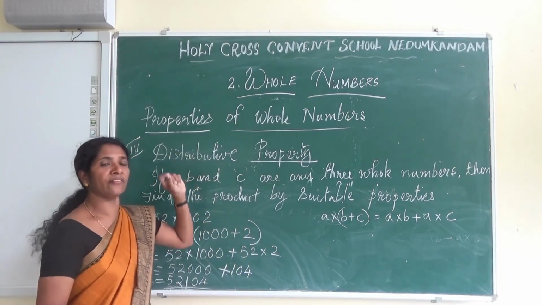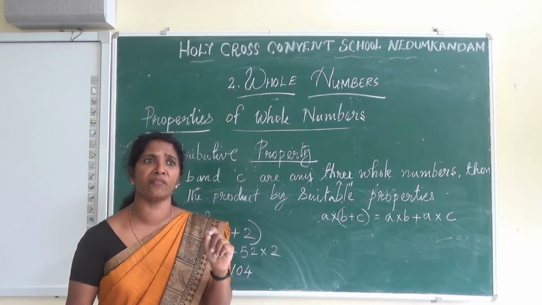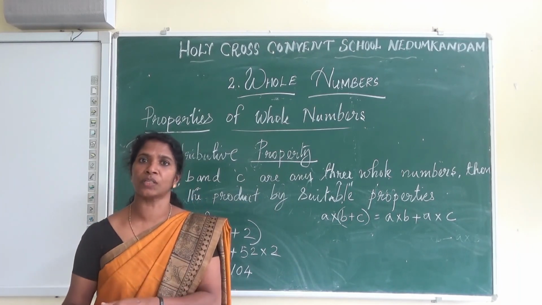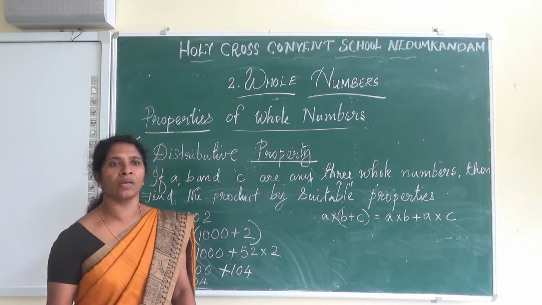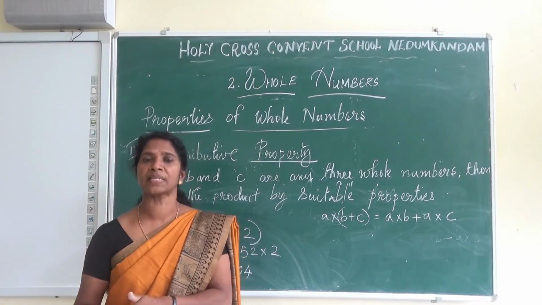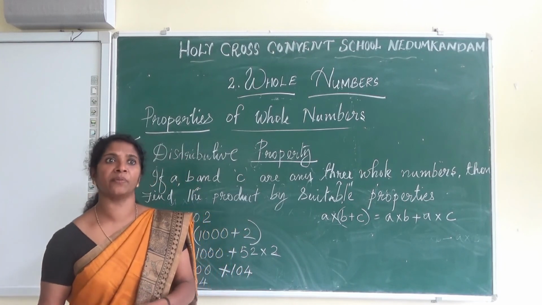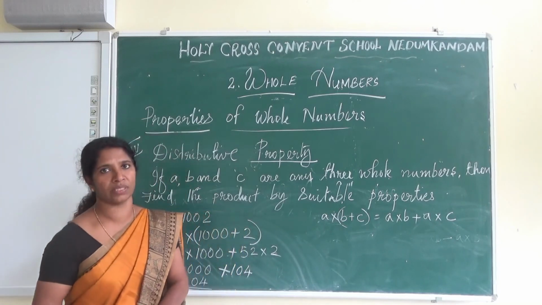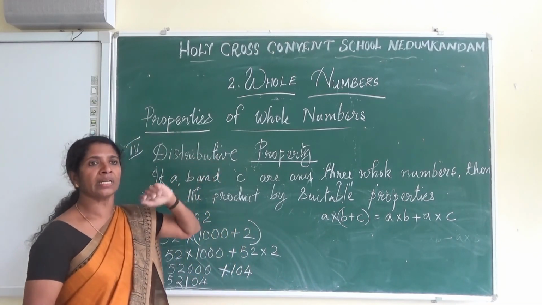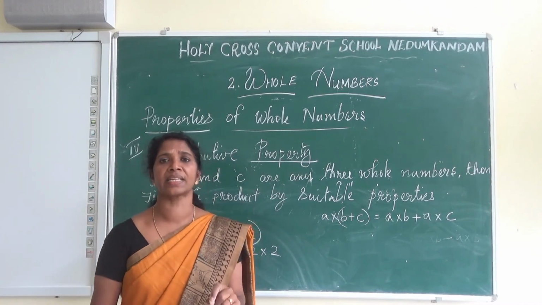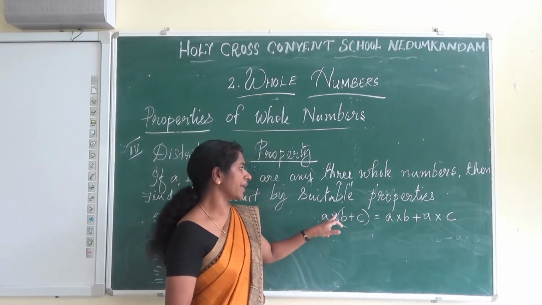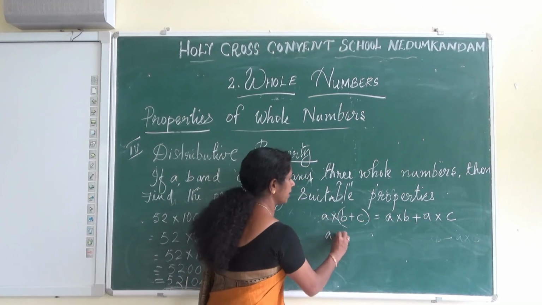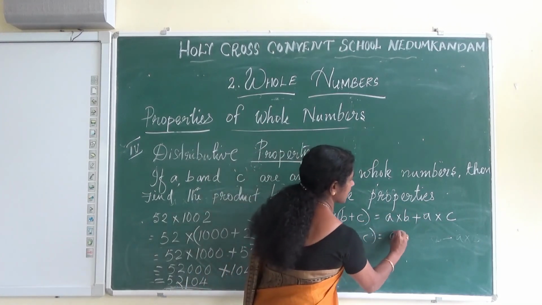Associative property says that if A, B and C are 3 whole numbers, then we can group the numbers in any order. Means (A into B) into C is equal to A into (B into C), or (A plus B) plus C is equal to A plus (B plus C). We group the numbers in any order, and after that we can calculate. The next property is distributive property. Distributive property of multiplication under addition and subtraction. Addition means A into (B plus C) is equal to A into B plus A into C. Subtraction, A into (B minus C) is equal to A into